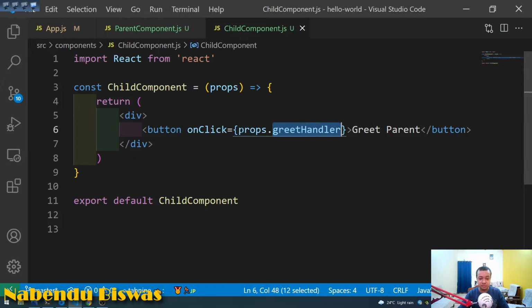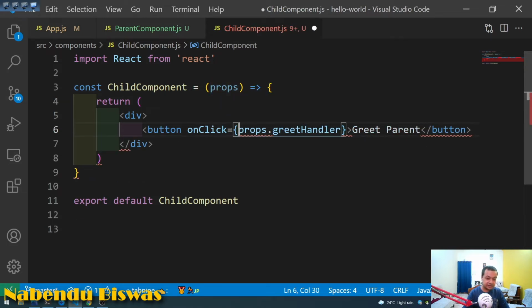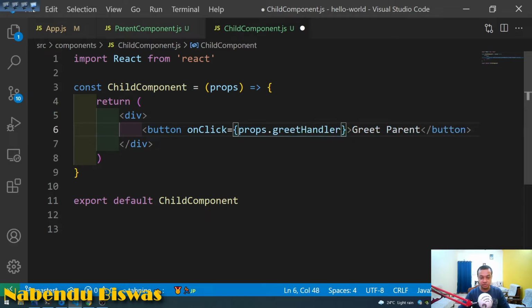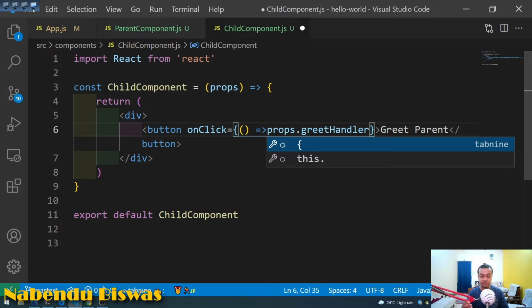But the props we cannot pass it like this. This is also calling a function, but we have to use an arrow function, because we cannot do it like this, so it will not run. So what we are going to do is use an arrow function, and the arrow function will do props.greetHandler, and